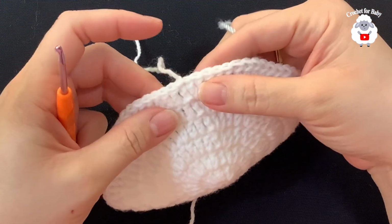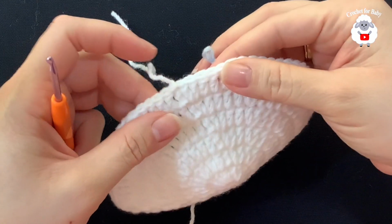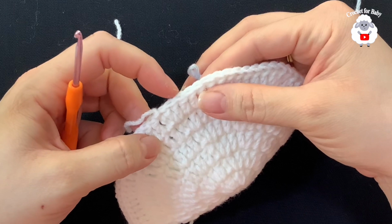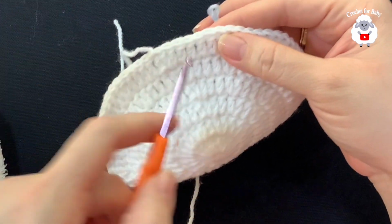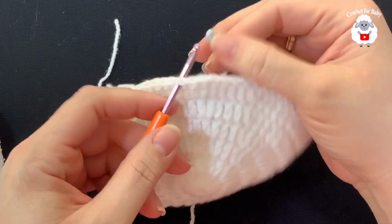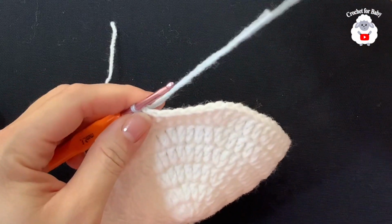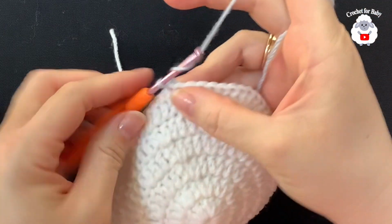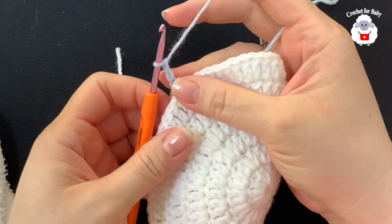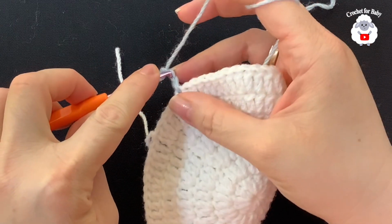Now what we're going to do is we're going to start making our pattern stitch, which is the star stitch. So to do this, we're going to count 1, 2, 3, 4, 5, 6. Into this 6th double crochet, insert your hook like this. Grab this loop. I'm going to use the same yarn in this light blue color. I'm going to chain 3. And now to make the first star stitch, into the 2nd stitch from the hook, 1, 2, insert your hook,